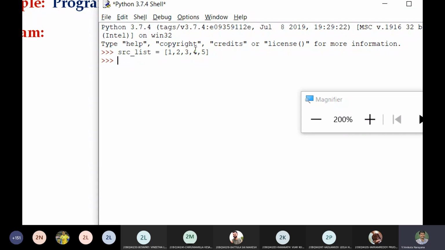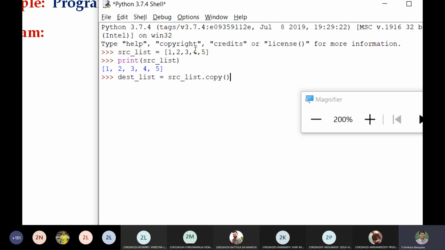Initially, what are the elements present in the source list? I would like to print source underscore list. So the elements are like this. Say for example, destination list is equal to source list dot copy.